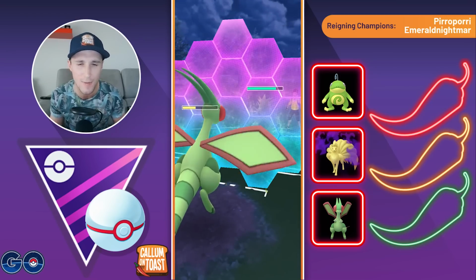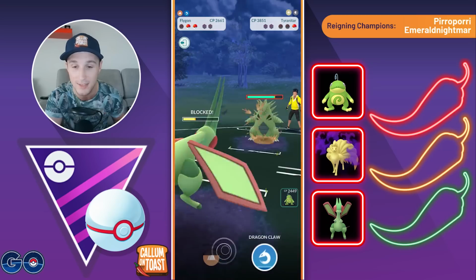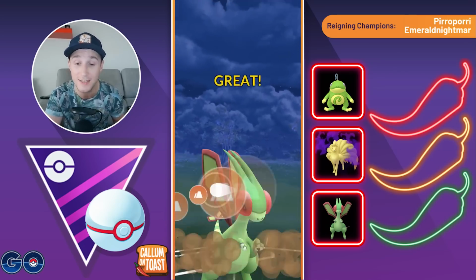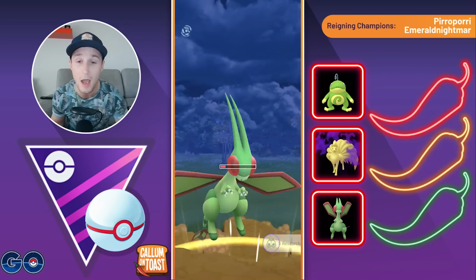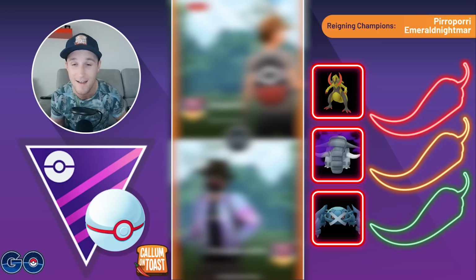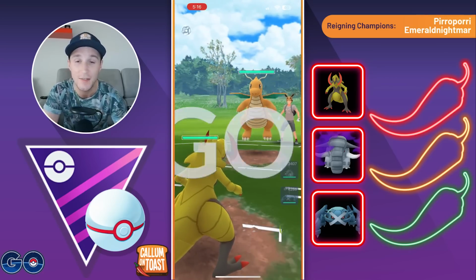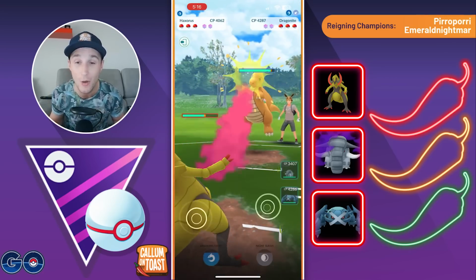Actually, we might be running Earth Power. I don't know, I can't really see it from this range here. But no, it is the Earthquake, and from this range, Earthquake will be one-shotting the Tyranitar, and we take that game. Into the next battle, we've got Haxorus in the lead, not the spiciest team,